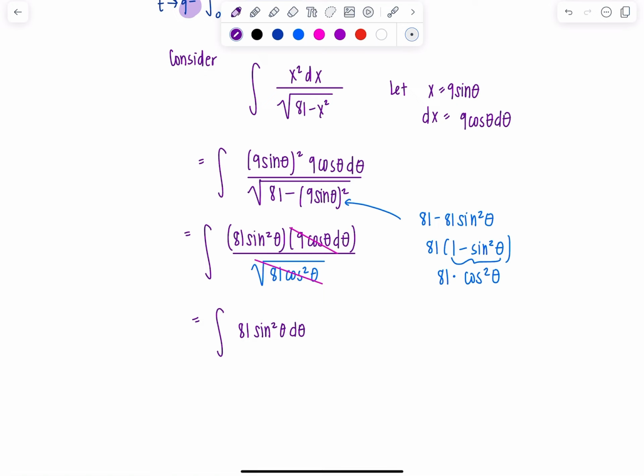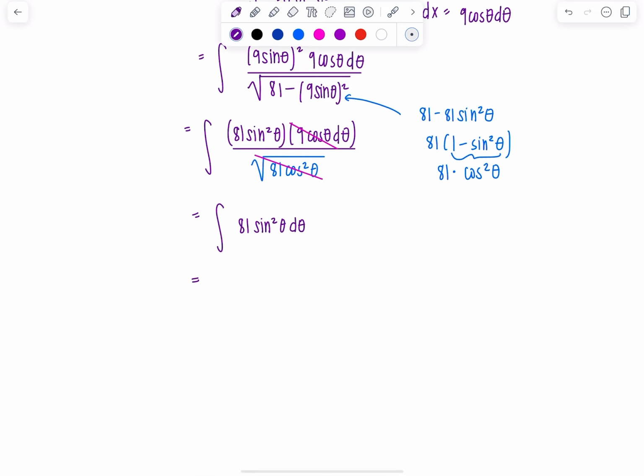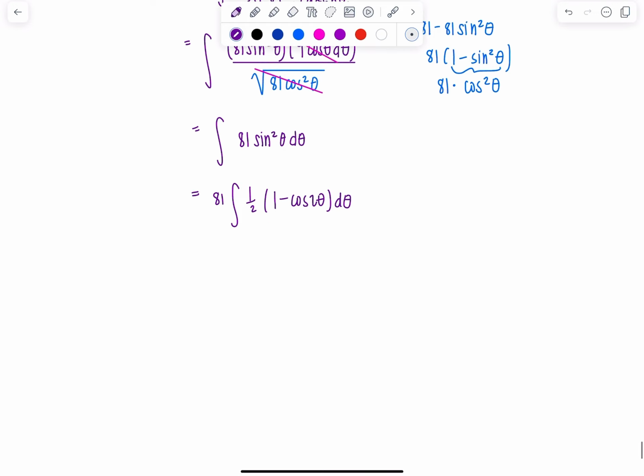Okay, so what do you do when you see sine squared? You replace it with your half angle identity. So I'm going to take the 81 out, and then I have 1/2 times 1 minus cosine 2 theta d theta. Okay, very good. And then we can integrate from here. I'm going to take the 1/2 out with the 81. Antiderivative of 1 would just be theta, minus antiderivative of cosine 2 theta would be 1/2 sine 2 theta